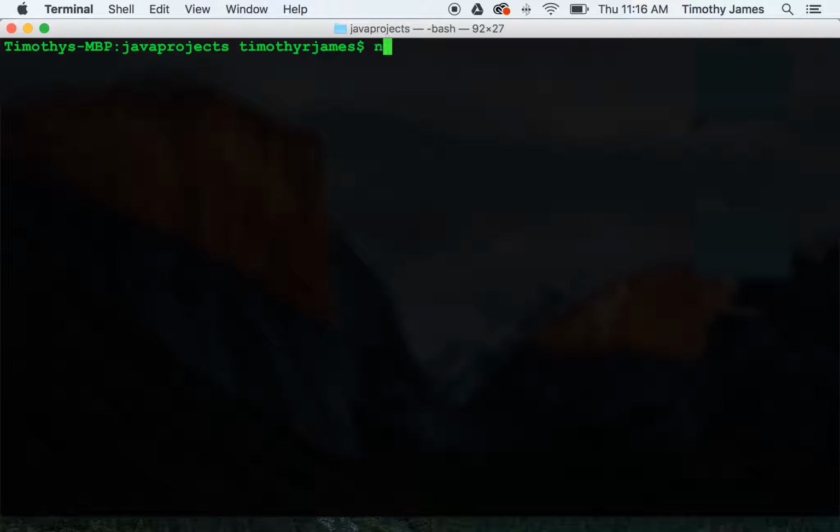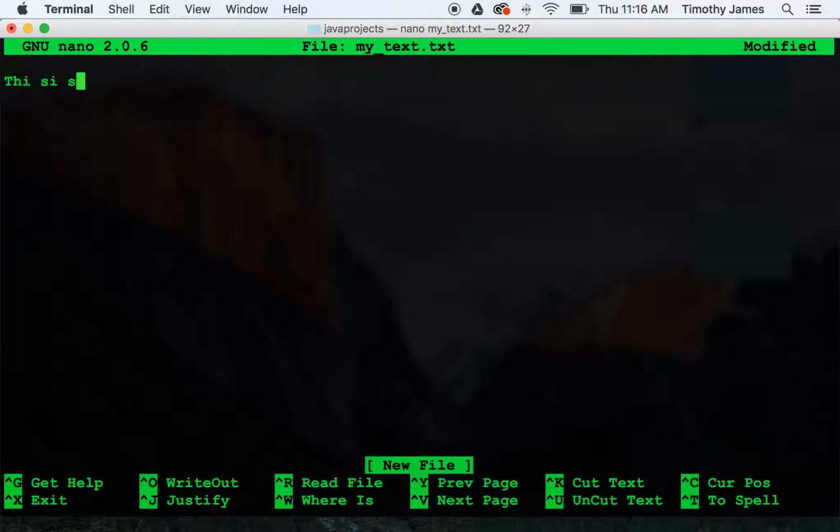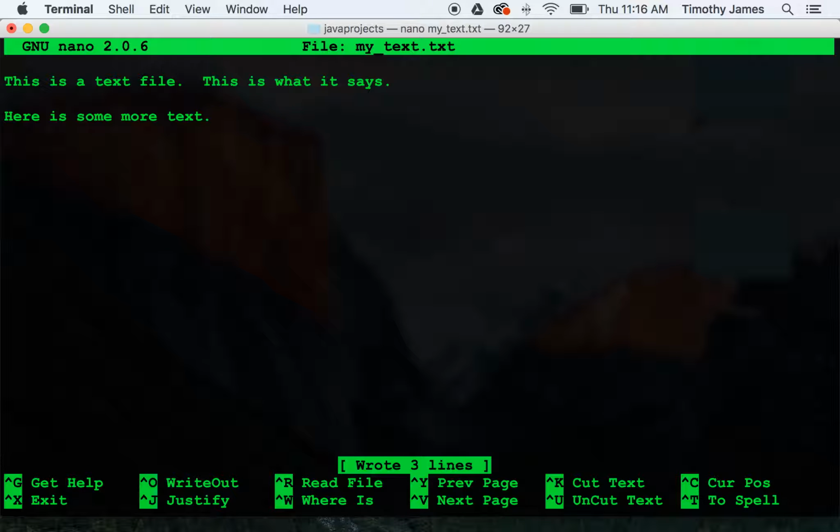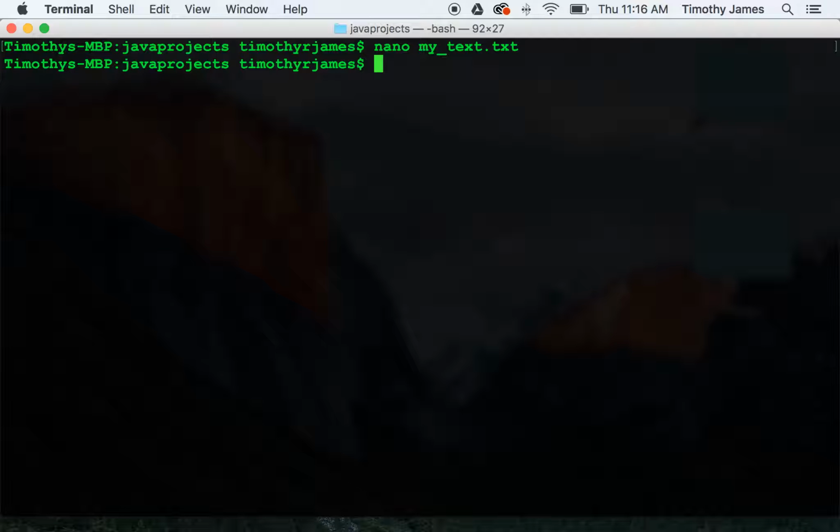Let's create a test file here. I'm going to call this mytext.txt. We'll go ahead and fill it in with some text. This is a text file. This is what it says. Here is some more text. We'll go ahead and write that out, and we're going to create a simple little class and a program to